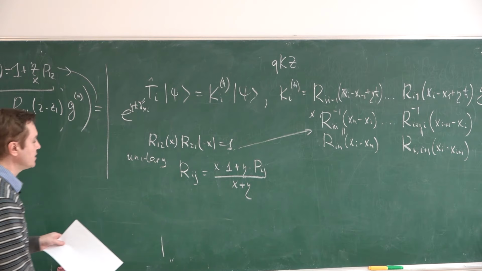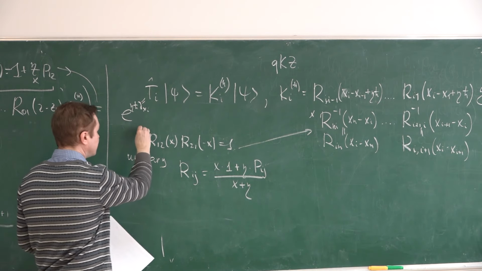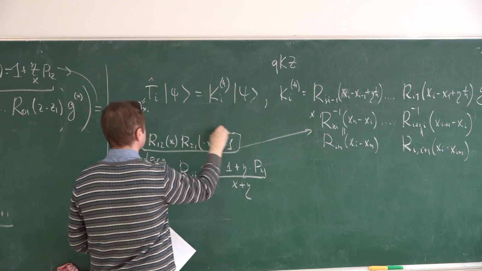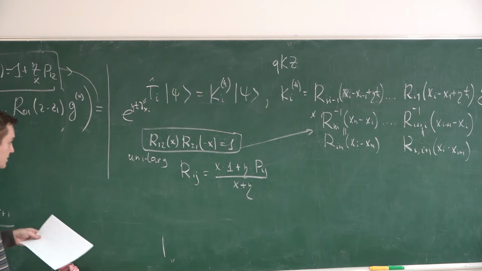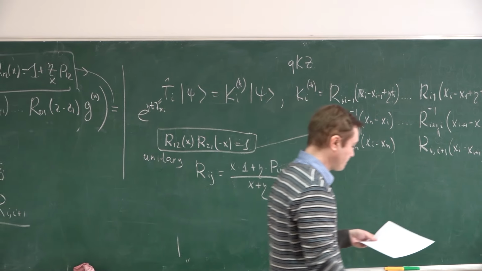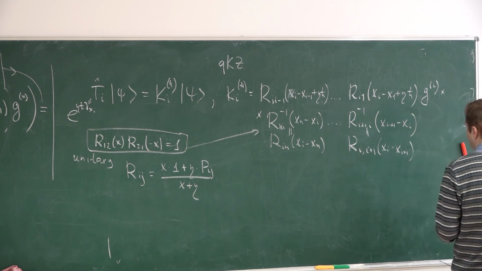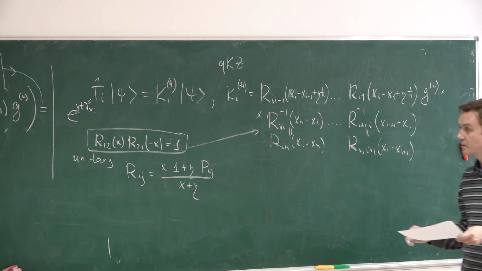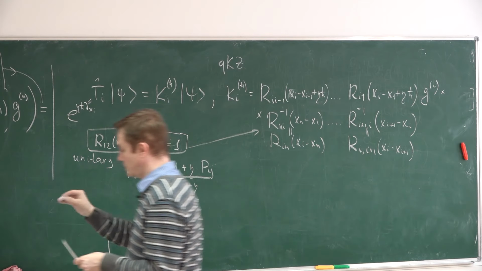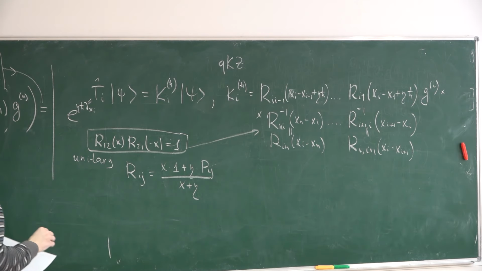This is a normalization which satisfies the unitarity condition. And this normalization does not satisfy the unitarity condition. For this reason, there is the following relation between these operators. Let me write it, and then I explain